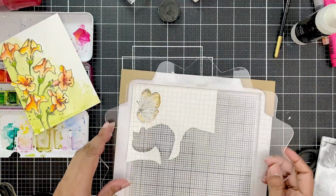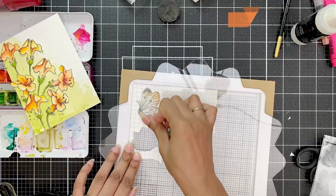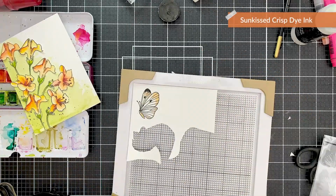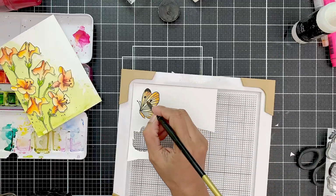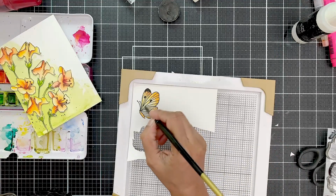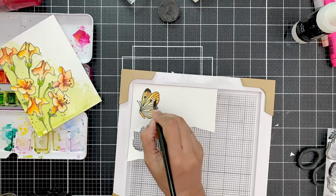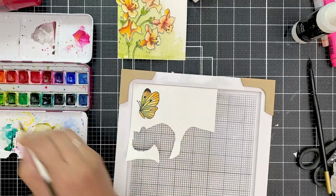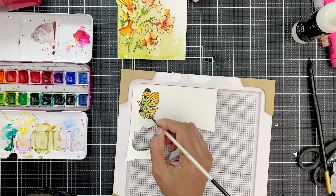I stamped the butterfly in Obsidian Pigment Ink and then stamped the layer selectively in Sunkissed Crisp Dye Ink just along the edges of the wings. Now I will take a wet paintbrush and go over the inked area, activating the pigment and smoothing out any weird stamping. Next, I use a bit of green watercolor from the pan set and added it to the wings